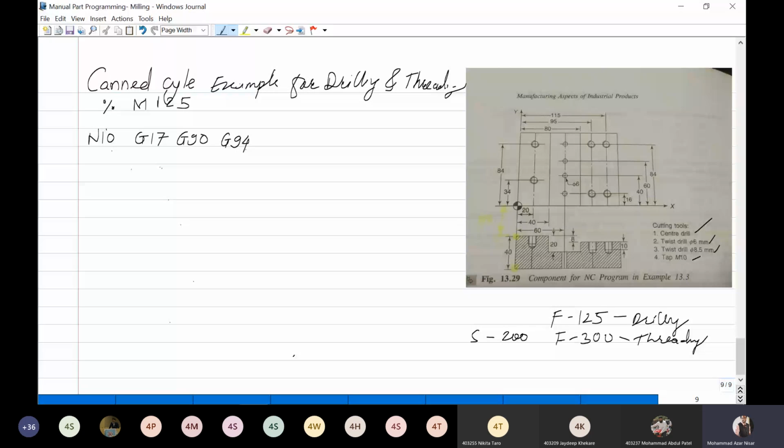Cutting speed is 800 rpm for drilling and center drilling and all. Okay, so